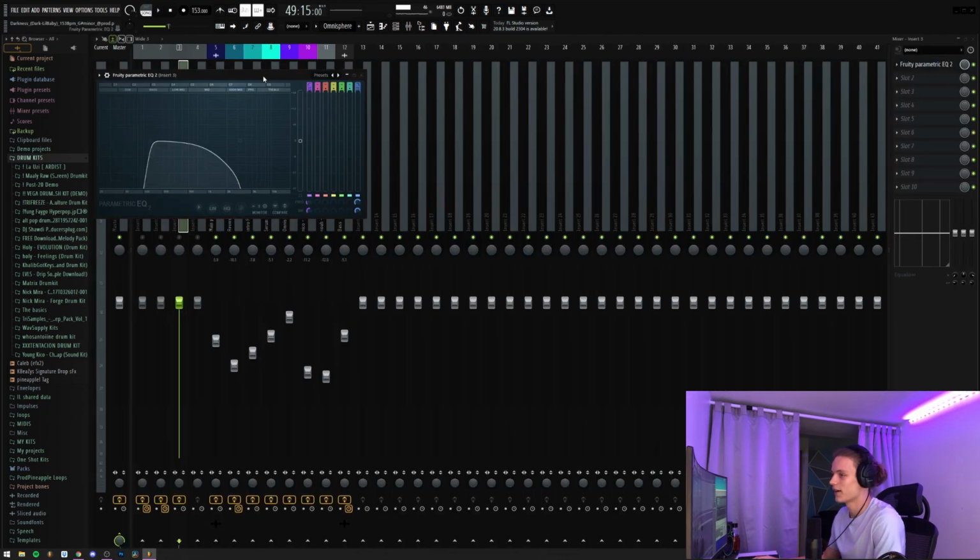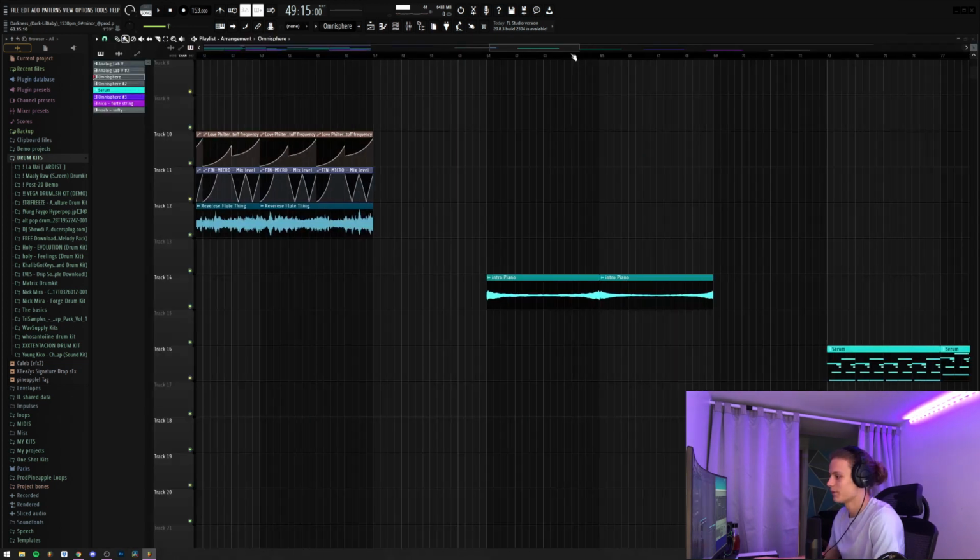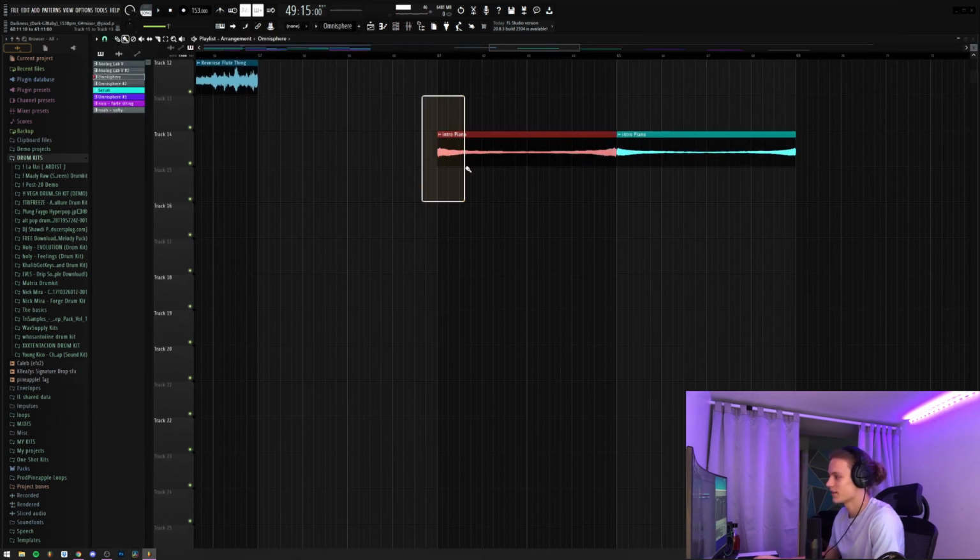So before I rendered it out, I just threw this EQ on it because there was a little bit of high mids in there that were giving it more of a piano feel, but I wanted to take that out and just make it like a super dark piano. But then after I rendered it out, you can see here the normal chords, but then I went ahead and also